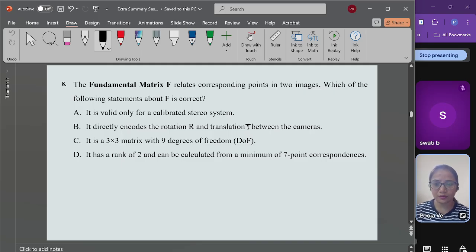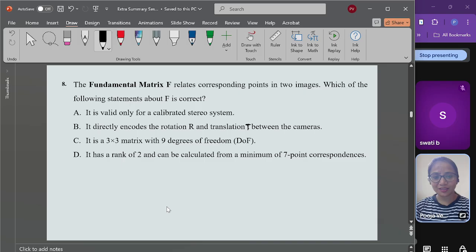Can you answer this question? Please try to answer this question at least. So nobody is interested in giving answers. Okay, so